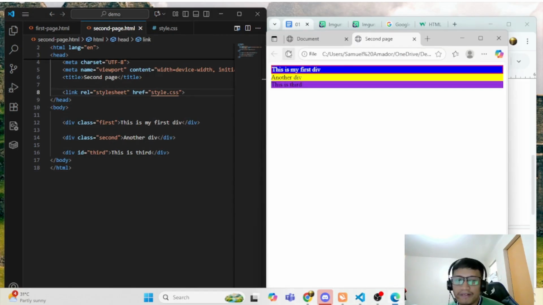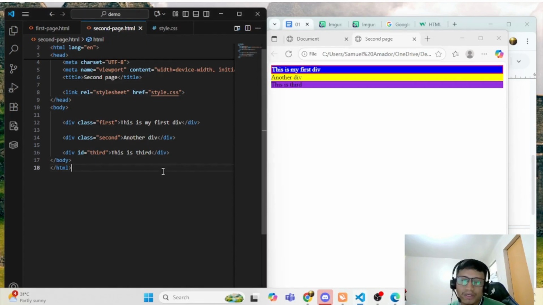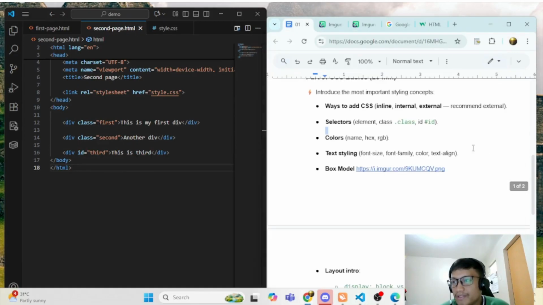So when I refresh, it's still the same. Okay, so you can choose whether you apply adding style using inline, internal, or external. The recommended one is the external.